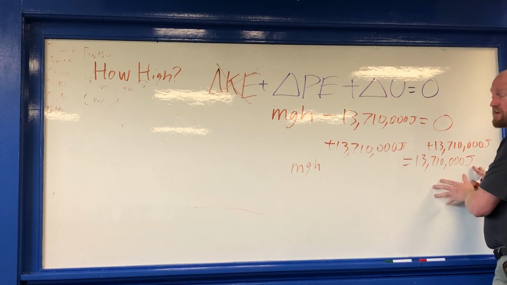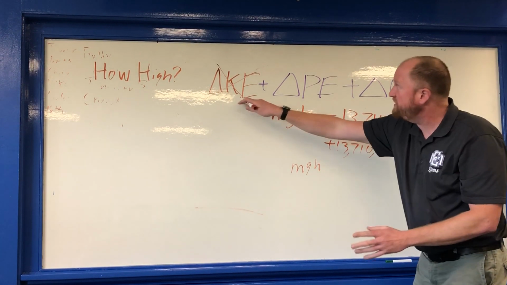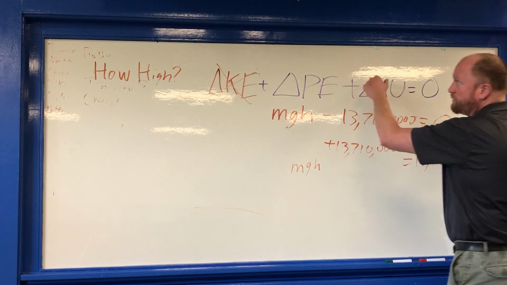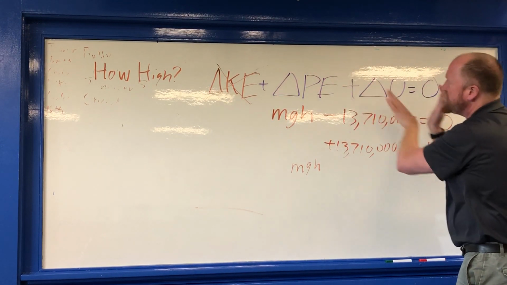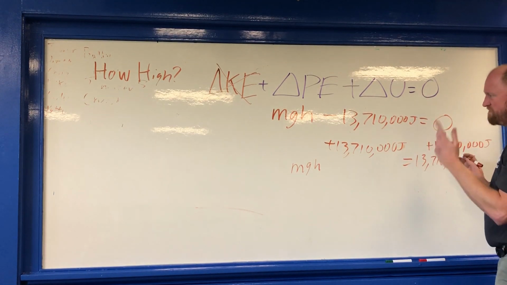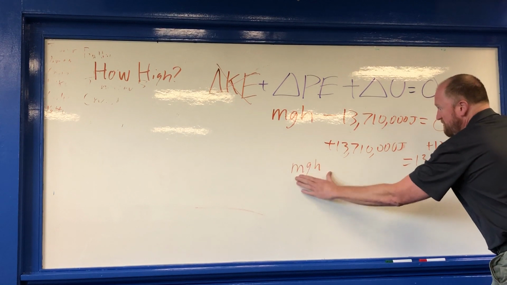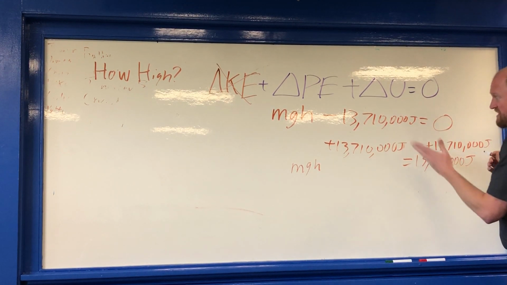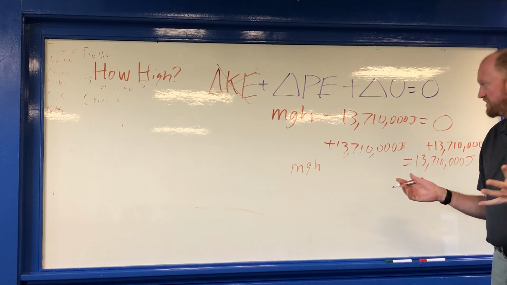Anyway, you might ask, why didn't I write it this way to begin with? mgh is equal to that. We could do that, but the thing is, we have 3 different things. You can't really put the equal sign any particular place. So the idea is you put it all on one side and it all works. That's why they did it. But you can very easily put it so you got potential energy on one side, the calories you're using on the other side. You can rearrange it however you want.